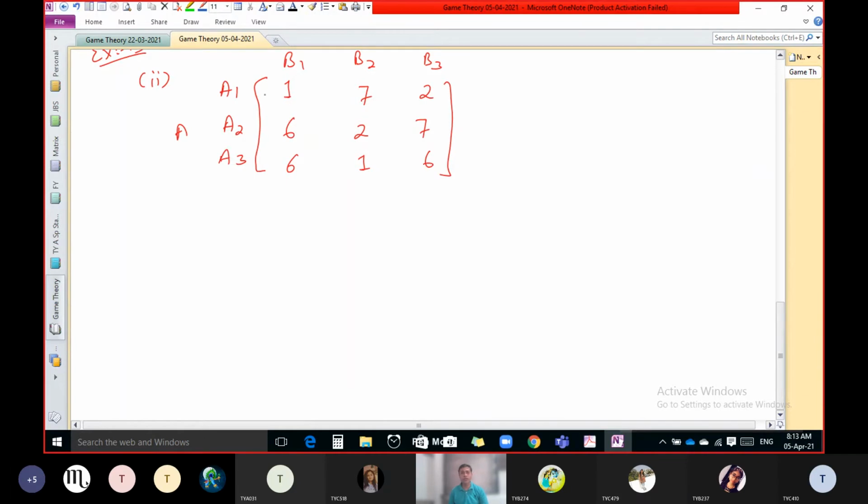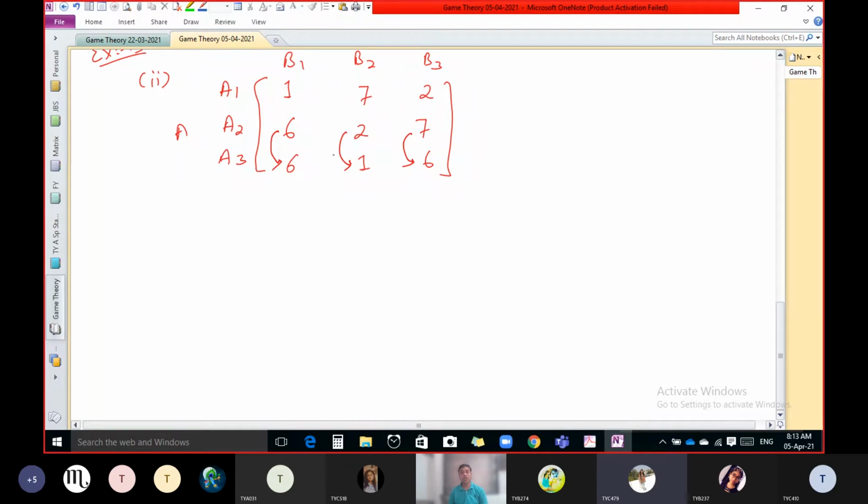Okay, now forget A1, as we already compared A1 with A2 and A1 with A3. Now compare A2 and A3 and tell me which one is better. Both are the same. Correct, both are the same. So we have a choice. For this one, A2, and for this one, A2.